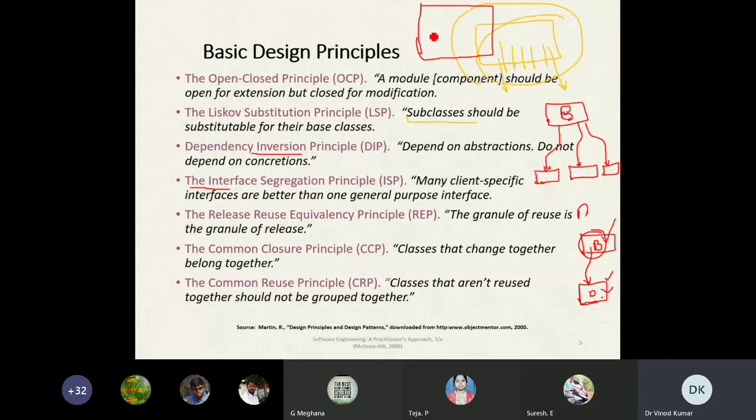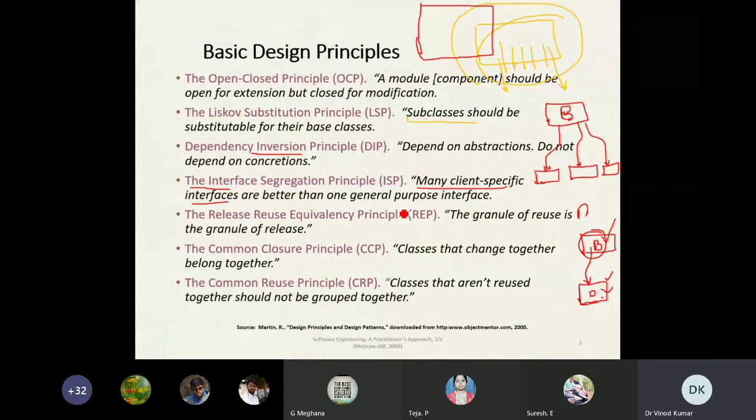Based on our requirements, the way the client interacts with the system changes. So this principle says you should create many client-specific interfaces.